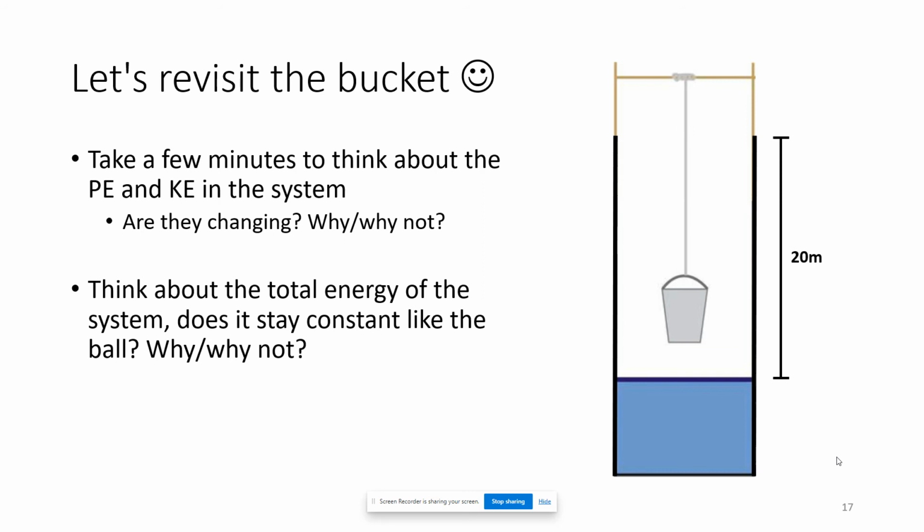So we know that there's going to be a change in the kinetic energy. The total energy is not going to be constant because we're losing energy because we're losing mass. The only reason that the kinetic energy is changing, even though it's going at a constant velocity, is because of that change in mass as well. So because we're losing mass, we not only don't have a constant kinetic energy, we're also losing energy in the system. So this is based on the fact that this is an open system rather than a closed